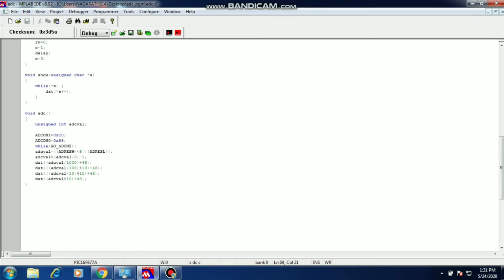Set the ADCON0 values. Refer once to what values we need to assign in ADCON0. In ADCON1, we will specify the configuration bits: which pins are analog, which pins are digital. Most important is left justified or right justified. We will get 10-bit binary values. For defining right and left justified, we can store the 10 bits using two 8-bit registers.